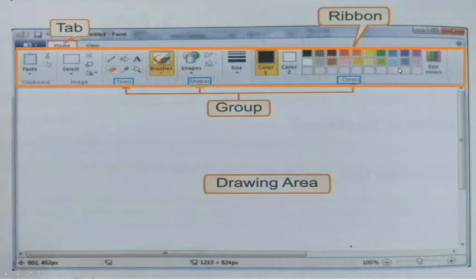Each set of tools is called a group. Here you can see clipboard group, image group, tools group, shapes group, colors group, etc. The next is drawing area. This white space where we can draw pictures is called drawing area.